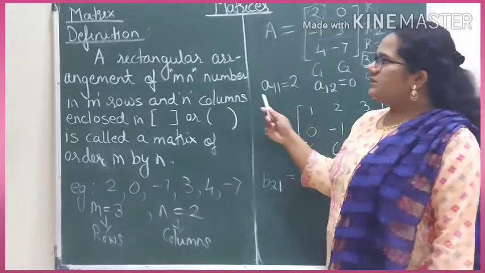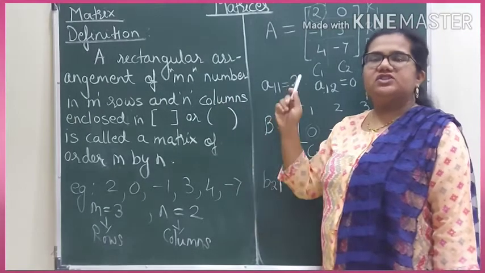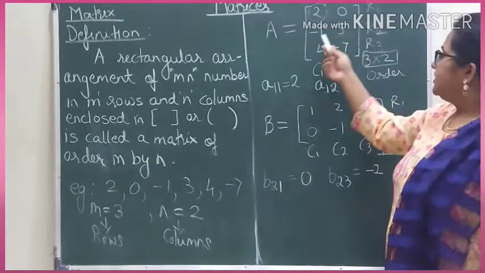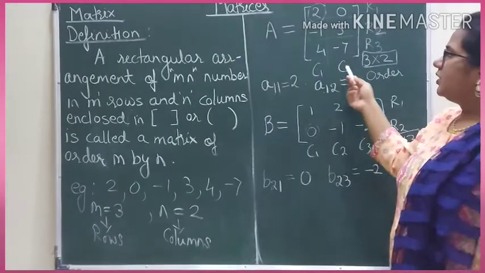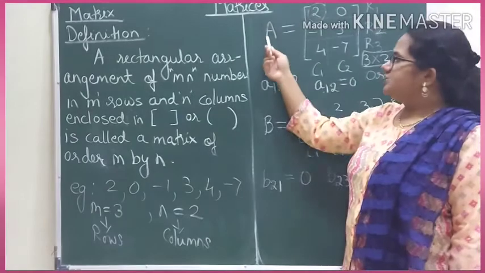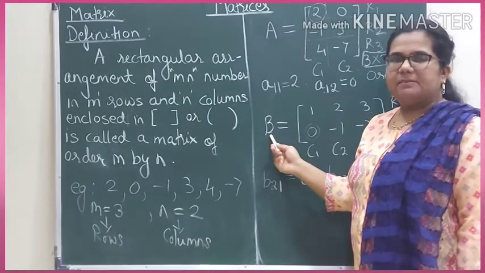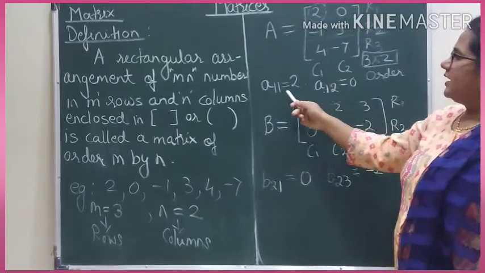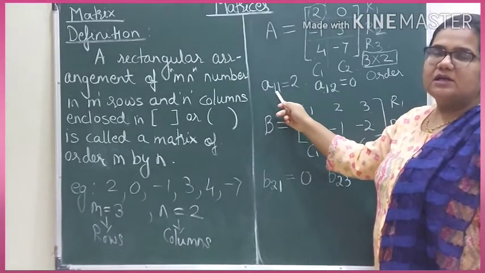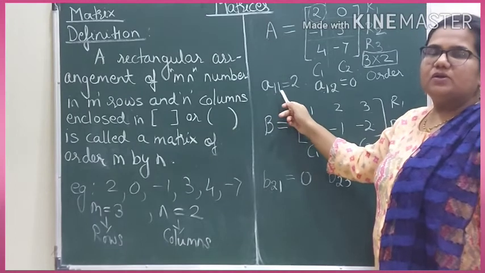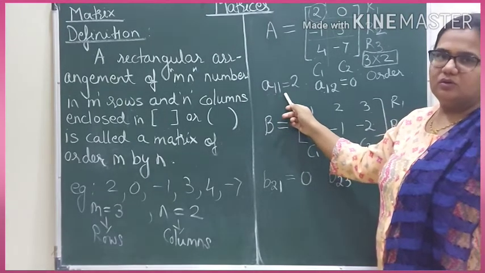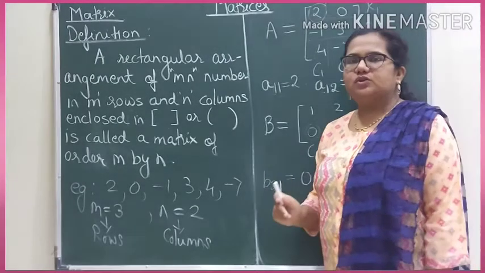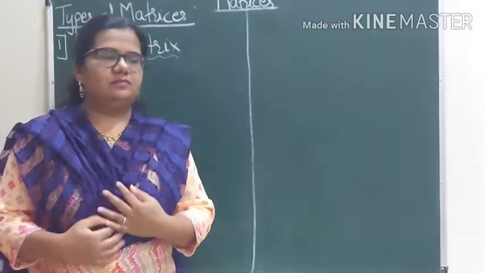So understood what is a matrix, what is the definition? It is just an arrangement of numbers. You have to take numbers, you have to arrange them in a number of rows and number of columns. Matrix is denoted by capital letters A, B, C, D and so on, and the elements inside are denoted in this way. Small letter suffixed with the numbered row and the numbered column. Okay, so like this you can explain what is a matrix. Understood what is a matrix?